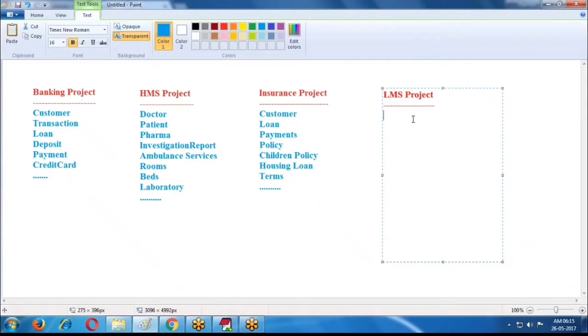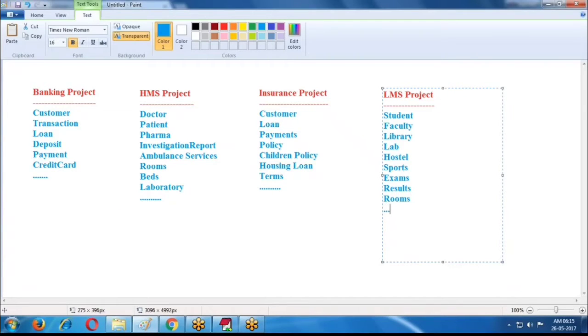Any organization that requires a learning management system, then we create student, faculty, library, lab, hostel, sports, exams, results, rooms.